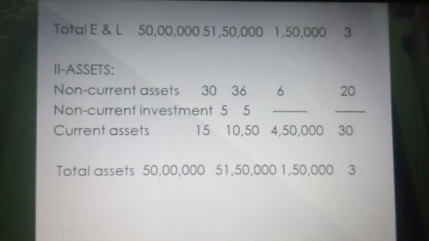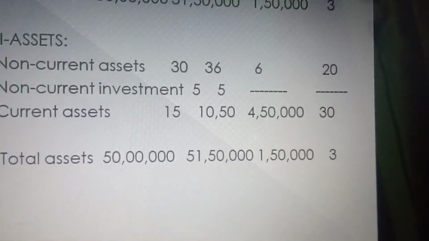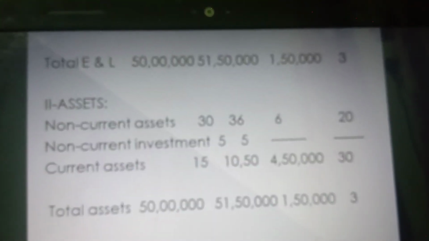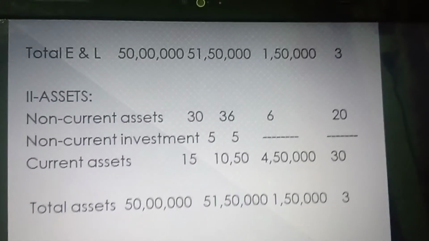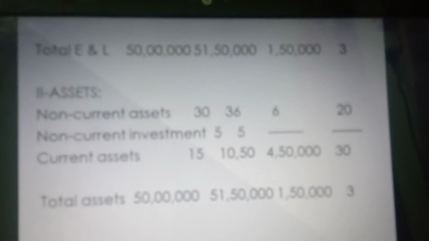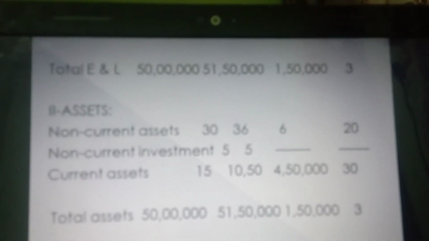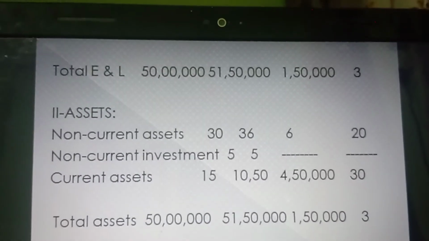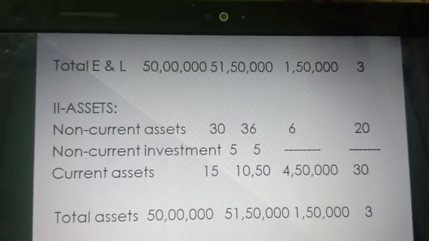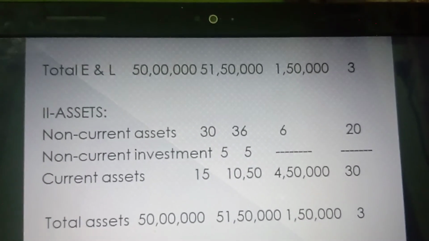Okay, so current liabilities increased at the rate of 10%. Well, total equity and liabilities. Now what we have to do, sum up all the totals of equity and liabilities. You will get the total, and that would be the heading of the equity and liabilities. In the year 2014, the total is coming 50 lakh. On 31st March 2015, the total of all the equity and liabilities is coming rupees 51 lakh 50,000. And the absolute change is showing 1 lakh 50,000.